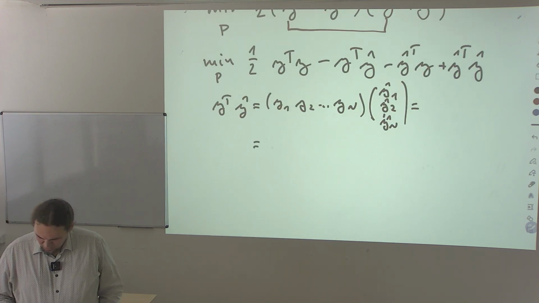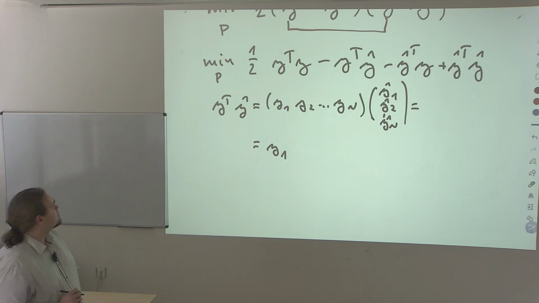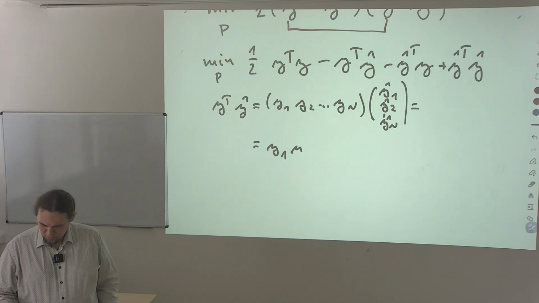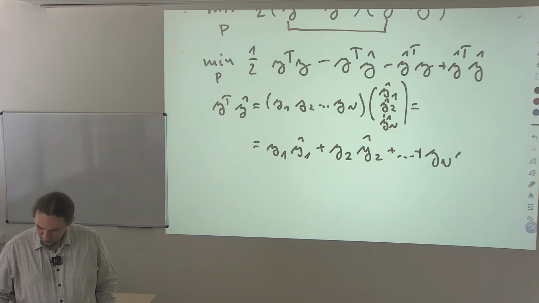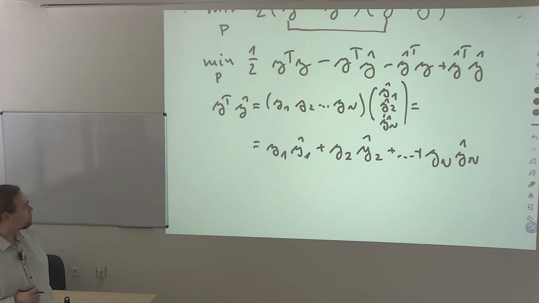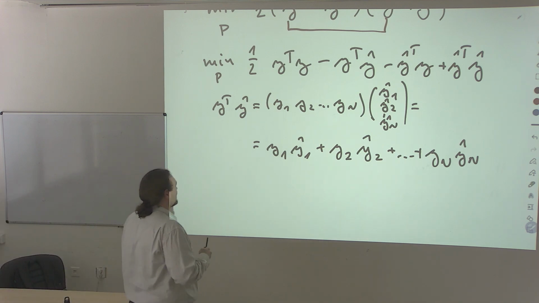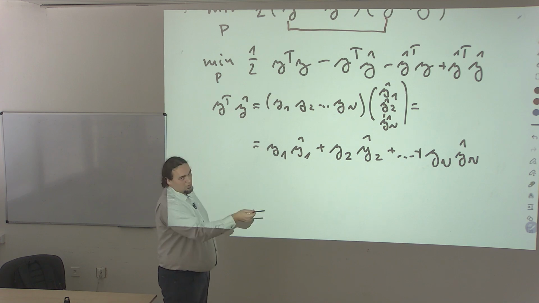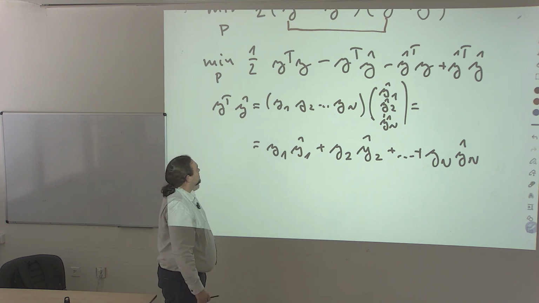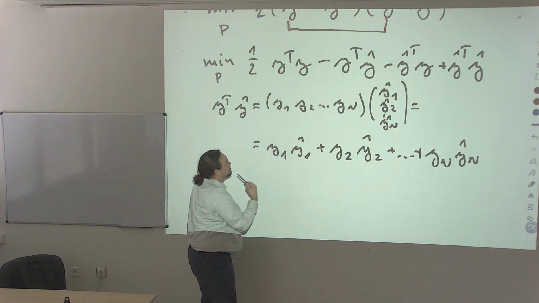So what do we get? y1 times y1 hat plus y2 times y2 hat plus and so on and so forth. Yeah, typical cross product. So it of course contains the cross product of the elements of the y and y